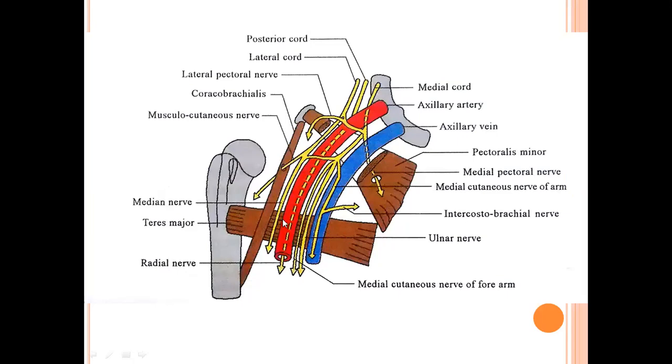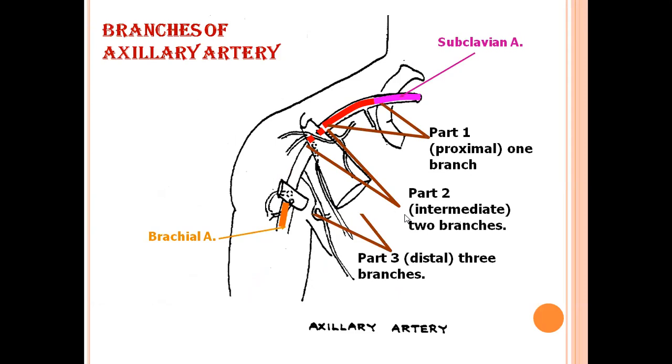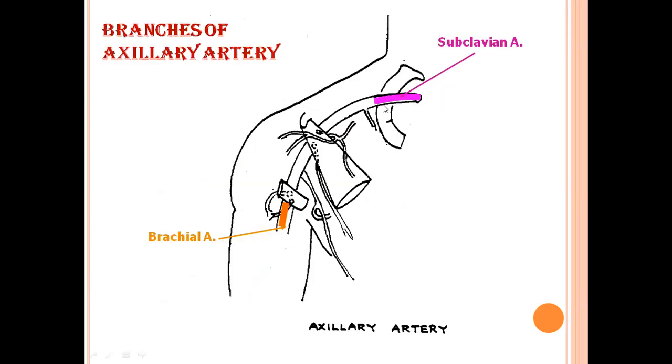So this is our axillary artery, and these are the cords of the brachial plexus. Medially it is related to axillary vein. Pectoralis minor is the landmark which divides the course of artery into first, second and third parts. Right? Now, coming to the branches of axillary artery, see here. We know like the artery has been divided into how many parts? Three parts, isn't it? So the subclavian artery is now continuing as axillary artery.